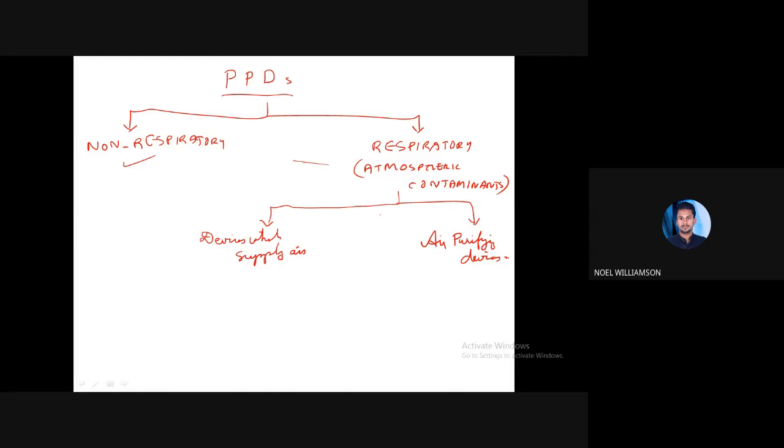In some other cases, we are purifying the existing air in the environment using certain adsorbents, some chemicals or any canister, etc. We are purifying the air and using that. That comes under the air purifying devices. So these are the main classification. There are some other sub classifications also. So in depth we will see in the next class. So this is your today's class.